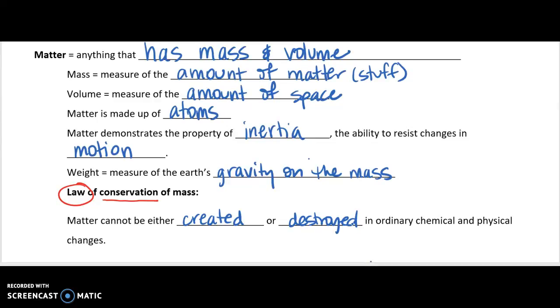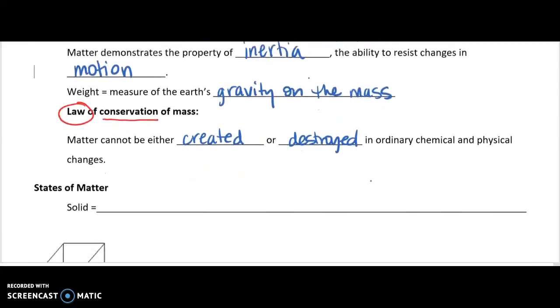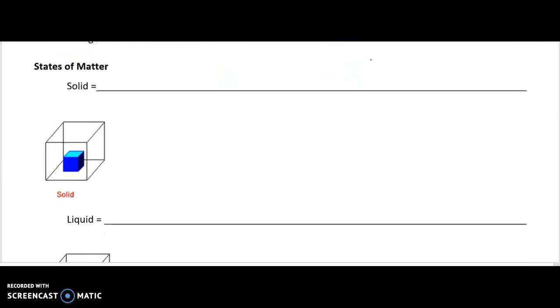So we don't live in a magical world. We're not at Hogwarts. Even in that world, we cannot make anything appear out of nothing, and we can't make anything disappear into nothing so that it literally doesn't exist anymore. What actually happens is that the atoms rearrange, and they can go into different formats, different arrangements of molecules. One of the possible changes we could have are changes of states. We need to know what our states are. These are also sometimes referred to as phases.